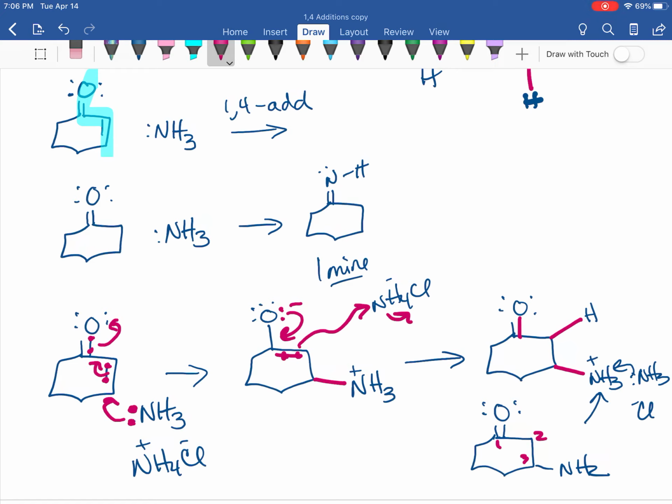Well, wait a second, that's on our last test. So depending on your substrates, you now have 2 different ways to have a nitrogen in that 3rd spot. What is the other way? It's in unit 3. It's the reaction we're testing on right now. Mannich reaction. So it just depends on your substrate and how you want to make that happen. We could do a 1,4 addition with an amine, or we could do a Mannich reaction. Both of them give your nitrogen in that spacing. That's pretty fun. All right, so let me pause this video, and then we're going to take